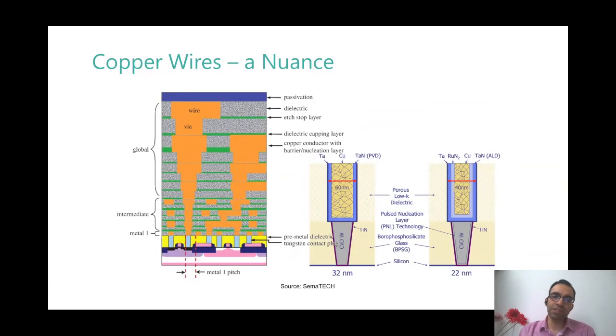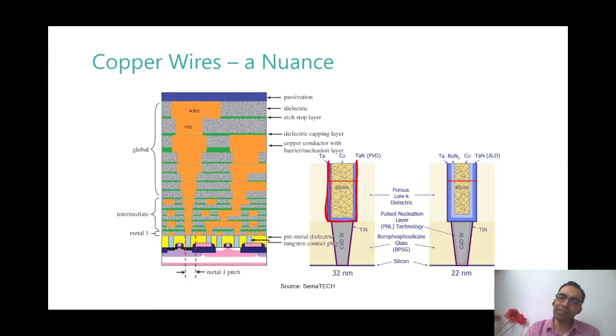So dual damascene process enables that. What we really need to realize is that with copper, because we just understood that copper can diffuse into silicon and can lead to interstitial, those intermediate states, and completely spoil the functioning of your device. So for copper, you need to be extremely careful and you need to put a barrier around copper wires, so that this copper doesn't diffuse out of the wire region.